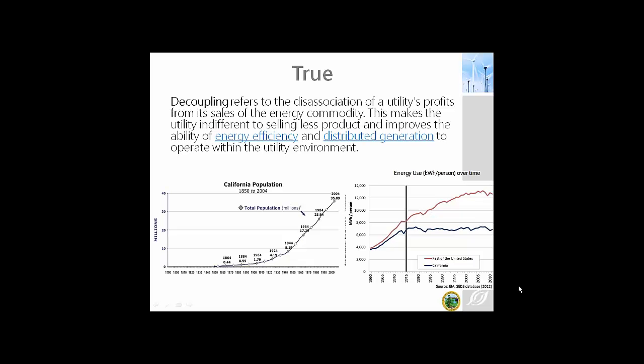And these two graphs here show the effect that energy efficiency has had on energy usage in California. On the right, you can see that the energy use per person over time in the United States has continued to go up over the last 35 years. But in California, it's actually stayed relatively flat, which is pretty remarkable, considering that in 1975, nobody had cell phones or computers or iPads. They weren't charging anything. So the fact that our energy use per person is steady really shows how efficient our buildings and our technology have become.